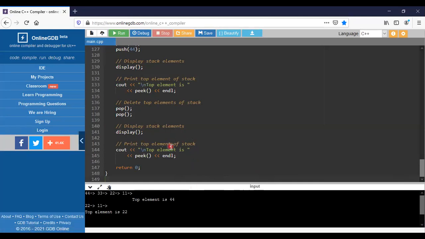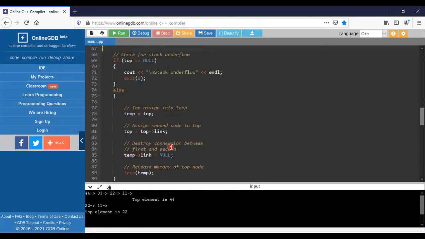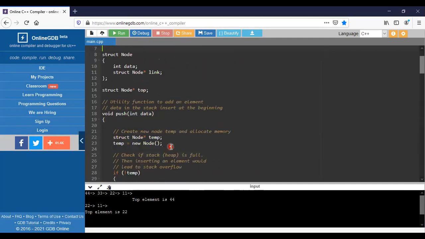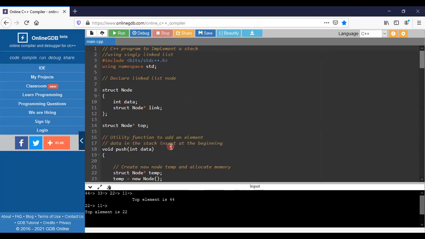See here, we are using linked list representation in this. So we are creating a node. First, how are we creating a node? We need to specify struct node. We need to specify the data and then link. Whatever node we create has to be pointed to the top.